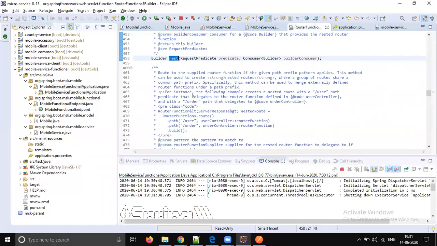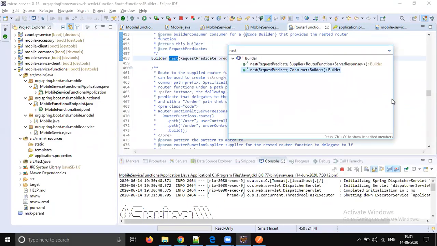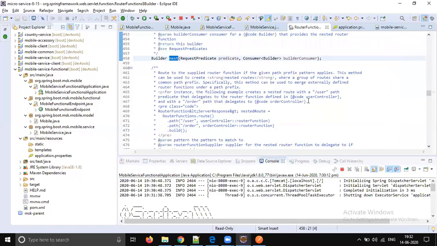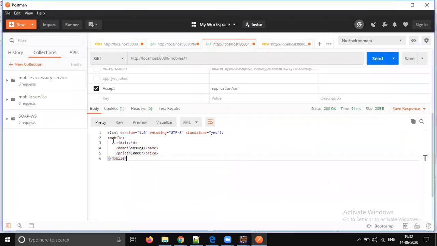Sunil, I think what the problem is, this get all mobiles, right? It is not compatible with XML type because they are lists and they are not having any parent root. No, we have just now it worked, right? Just now we saw the response, right? No, it will be only for one, right? Okay, you are trying with only one. I thought you were trying to do get all mobiles with XML response.